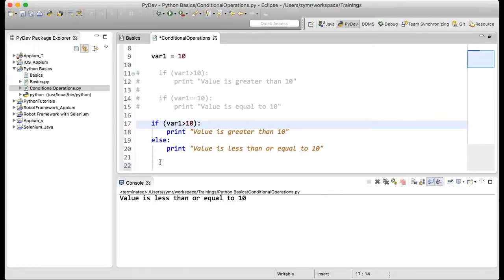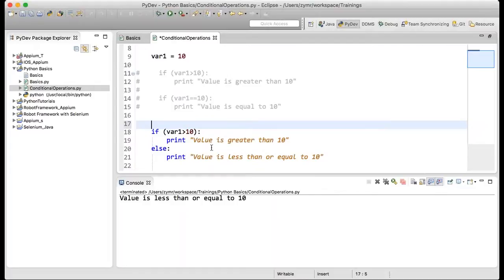That is how we can do the nested if else loops. What I'm trying to show is this is if else loop.